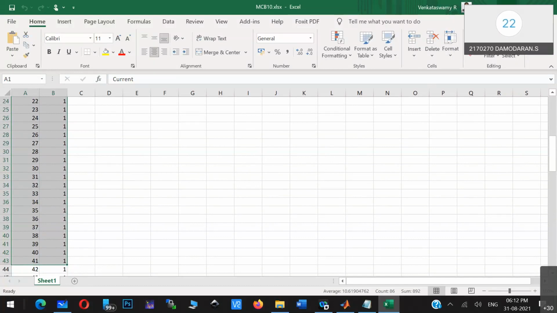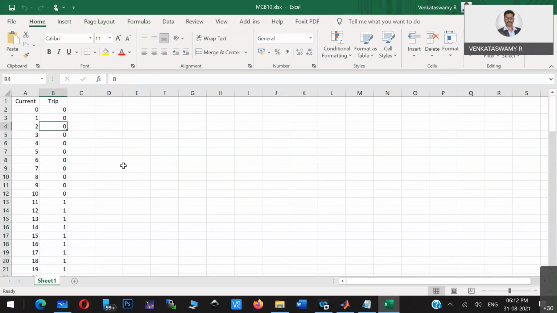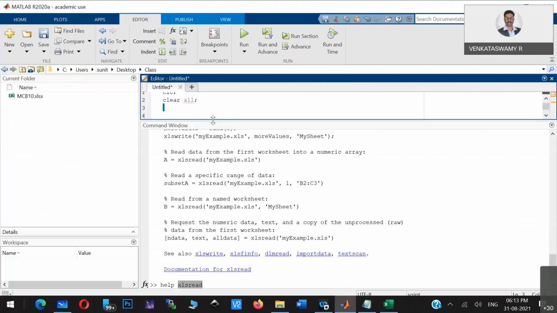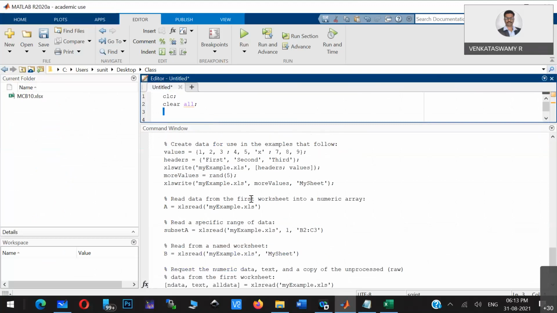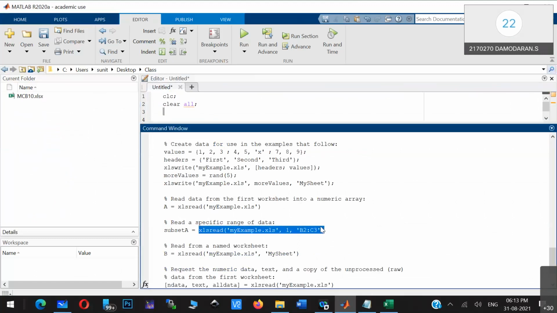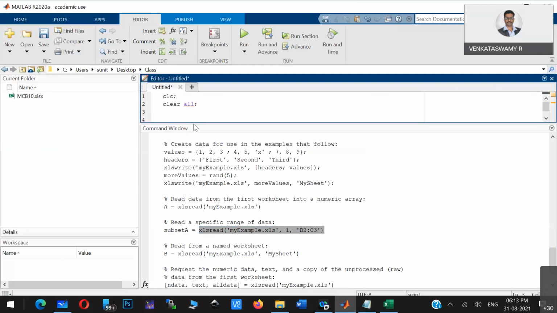Understanding the different fields, everything is taken care of by this routine. Yes, understanding different fields will be taken care of by the neural network. So minimum we need to give a title, like what you have given. Now we have to give the range from where we have to extract the data.